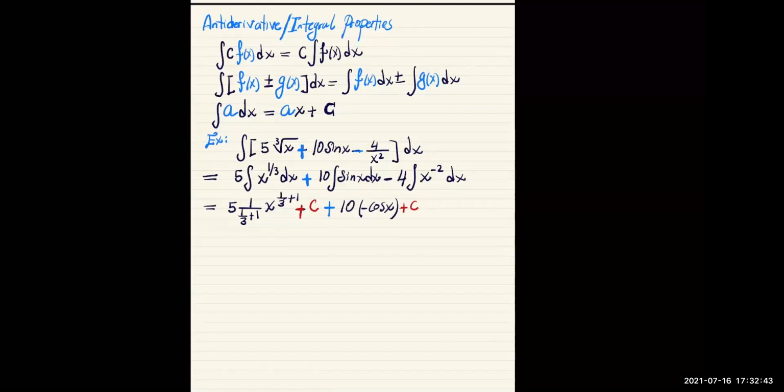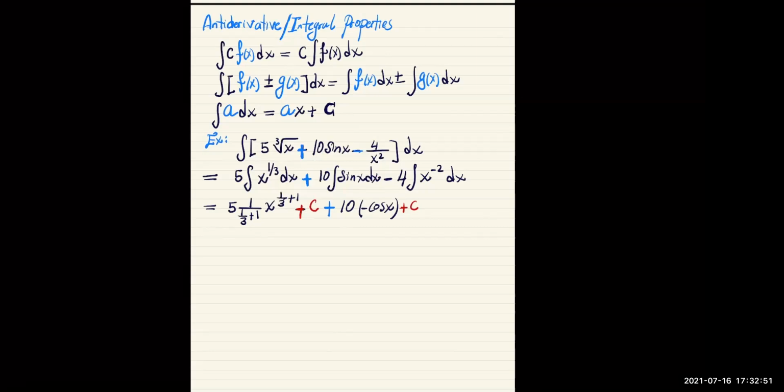Now, since these are two different antiderivatives, these constants are different. As Berkhan says in there, yes, these constants are different. So call this C1, we'll call this C2. Different antiderivatives, different constants. If you don't like C1, C2, call that A, call this B, but we can do it that way. And then we have minus